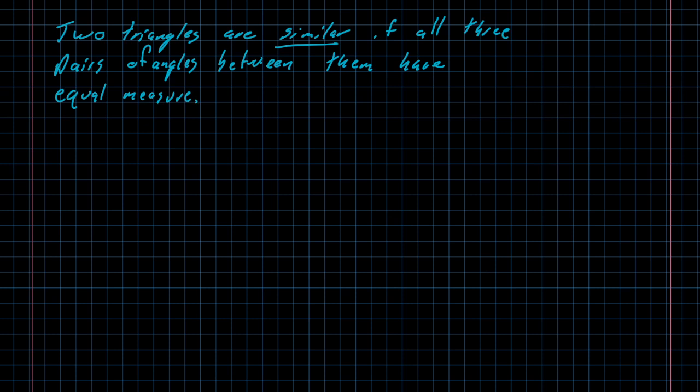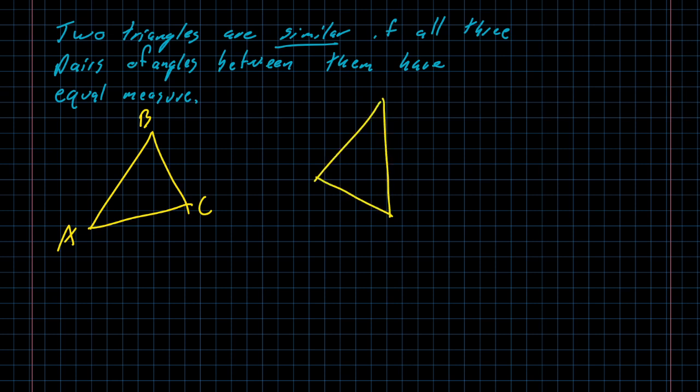So if I draw triangle A, B, C here, and then I draw triangle X, Y, Z over here, if I know that angle A and angle X have equal measure, and I know that angles B and Y have equal measure,